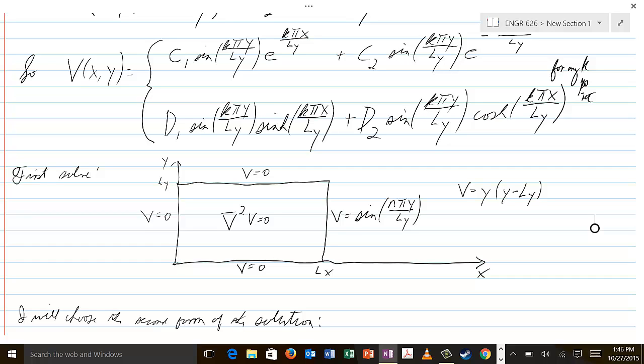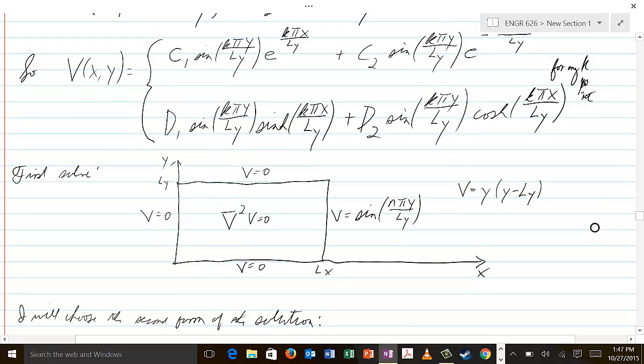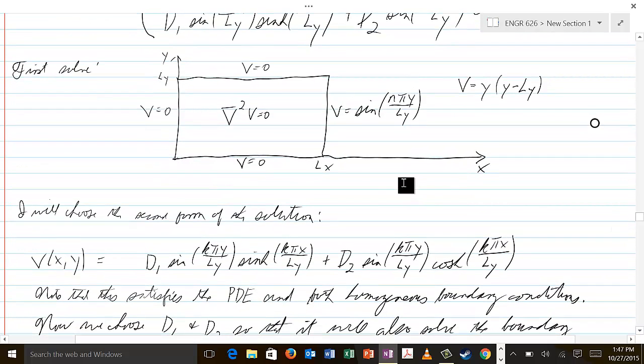let's look at our problem domain again. And what we'll do is, as I've already hinted, we're going to use that second form of the solution. So we're going to use this d1 sine of k pi y over Ly times the sinh of k pi x over Ly plus d2 times the sine of k pi y over Ly times the cosh of k pi x over Ly. And now we need to know what is k, and we need to know what d1 and d2 are. And so